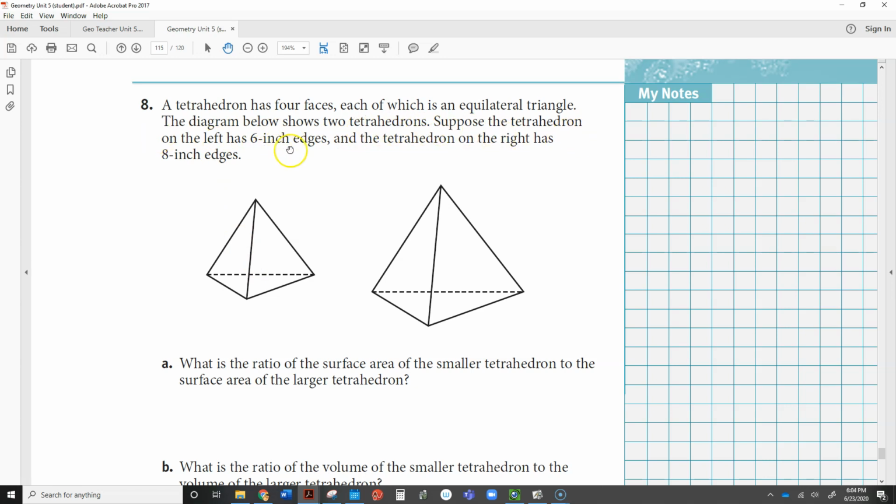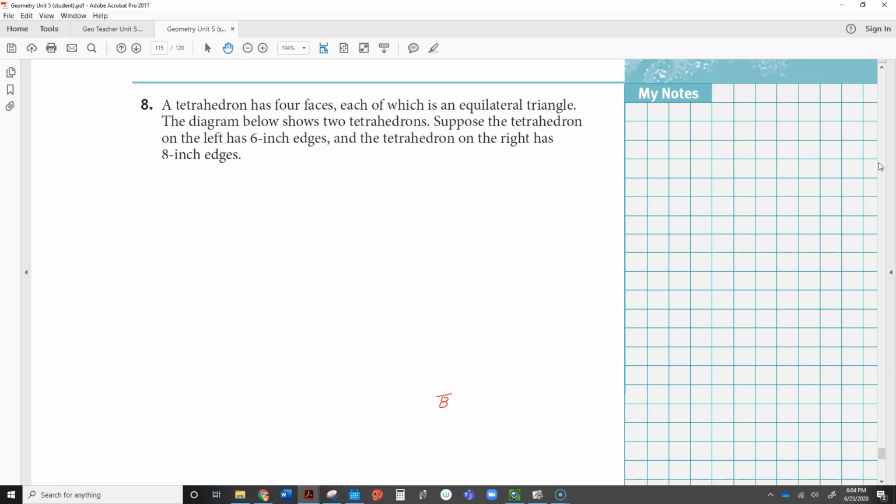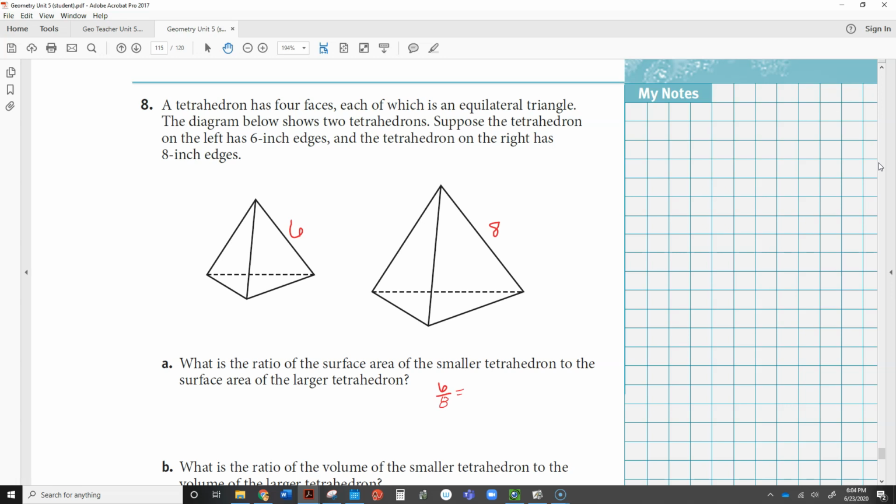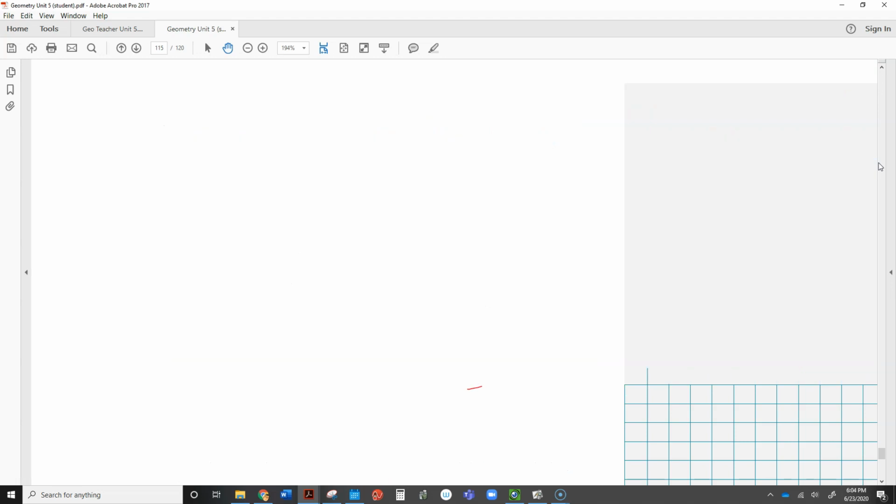Suppose the tetrahedron on the left has 6-inch edges, and the tetrahedron on the right has 8. What is the ratio of the surface area of the smaller tetrahedron to the larger? So I'm going to write 6 to 8 and then reduce it. And 2 will go into both of those. So that's